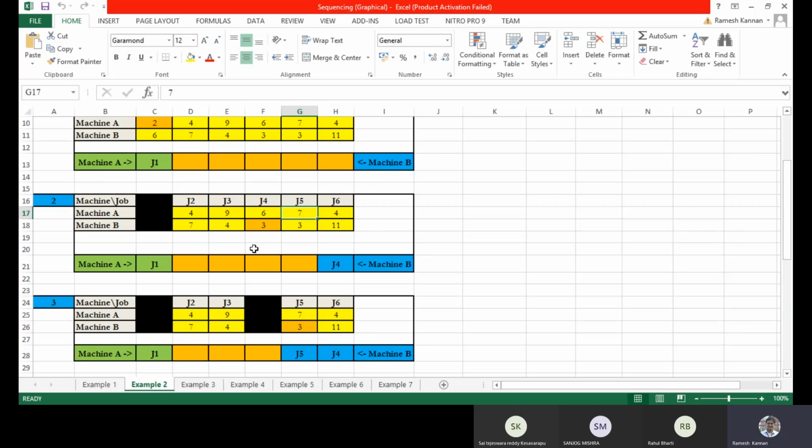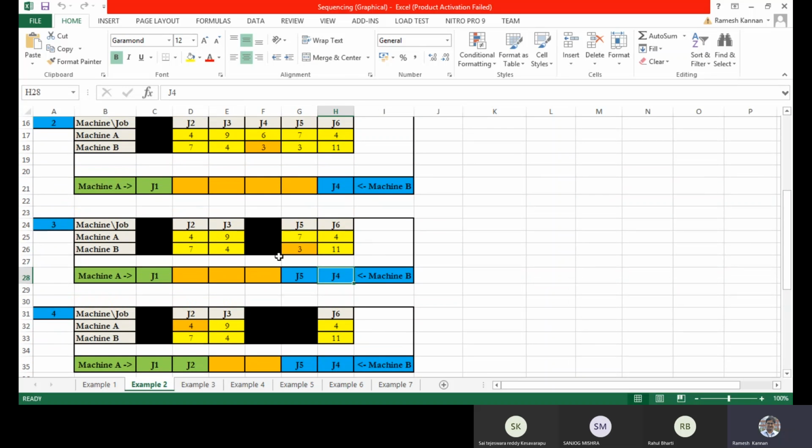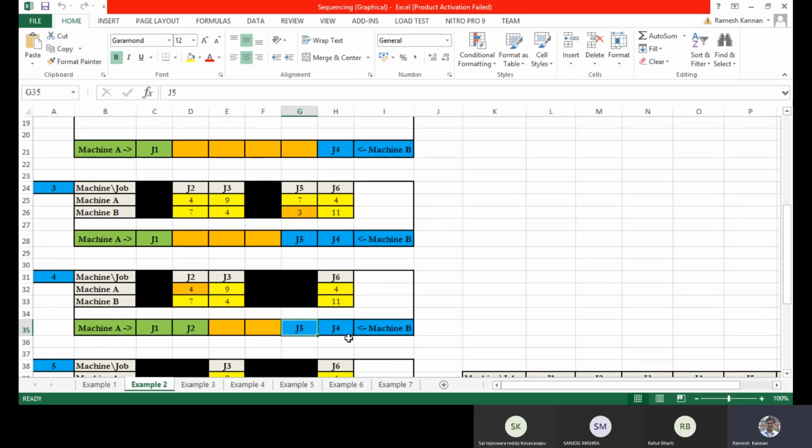Okay. So in this case, I'm taking J4, which is nothing but machine B. Then I discard the complete column. So the remaining out of this is a unique 3 now. Because we don't have any other 3s remaining, this is a unique 3. So no other go, we have to go for J5. But if you have taken J5 initially, then the sequence will vary, like J5 and J4. So that is what basically happens. Or you can even give it a try, because I've done J4 and J5, probably you can try J5 and J4 and see whether the solution is the same.